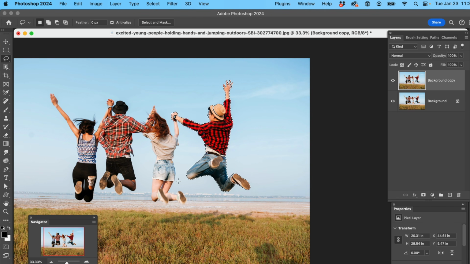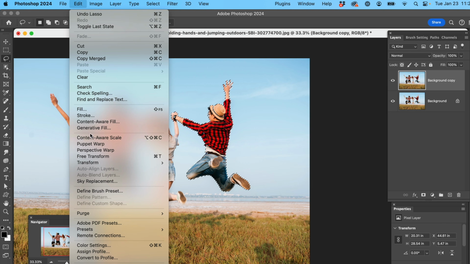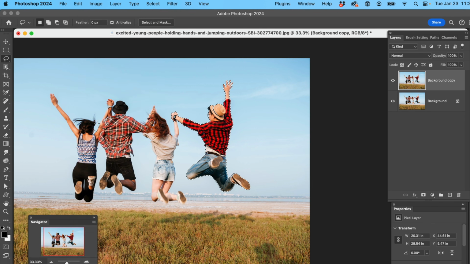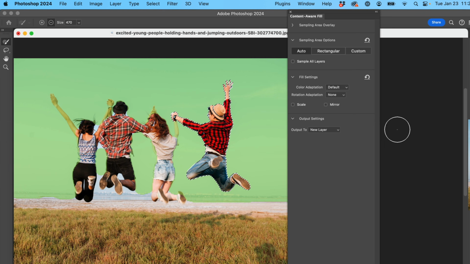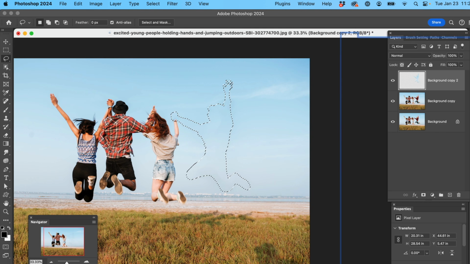So now let's go ahead and ask Photoshop to fill with the content aware, so taking pixels from around the other areas. And let's take a look and see, and hide our pixels. And you can see it did a pretty good job. It left her with a little stump hand, but other than that, it did a pretty good job of getting